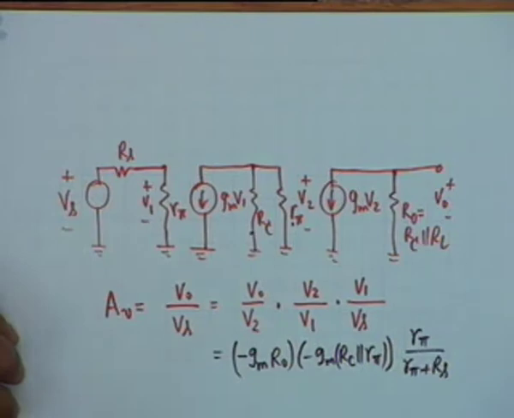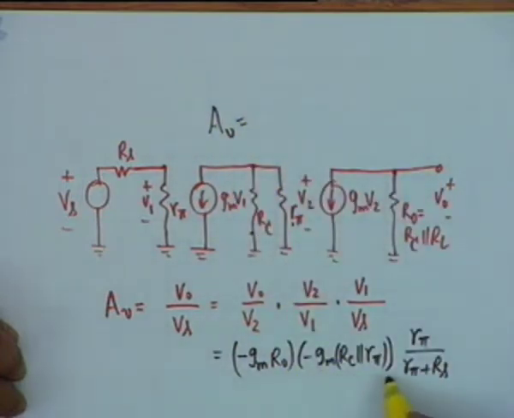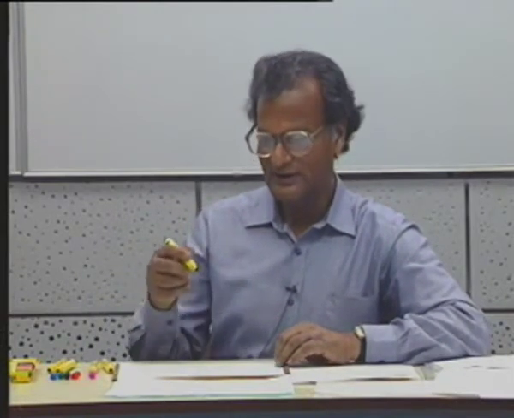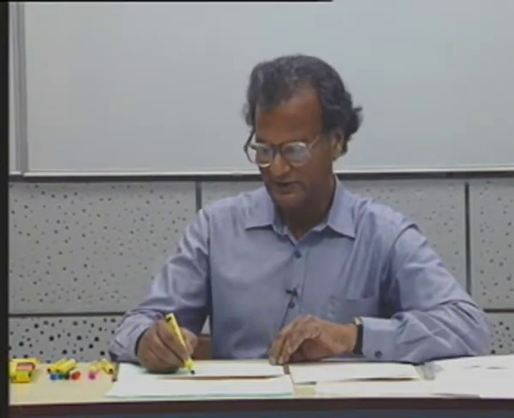And if you substitute the values and carry out the algebra, you just have to substitute the values now. Everything is known, all right. And if you calculate this out, you notice that the gain is positive because it is a two-stage amplifier. First stage gives an out of phase output voltage. Second stage gives out of phase with out of phase. Two negatives make positive, and therefore the output voltage shall be in phase with the input voltage, and the value that calculates out is